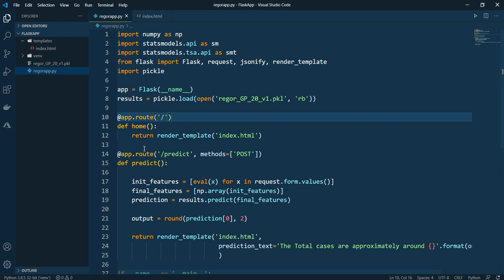Next, on the second page, we'll do the prediction. So prediction will be redirected to some other URL, which is preceded with the root directory, and after that we have predict. That is the URL where it executes this particular function which you see here, and the method that I'm passing is the post method.